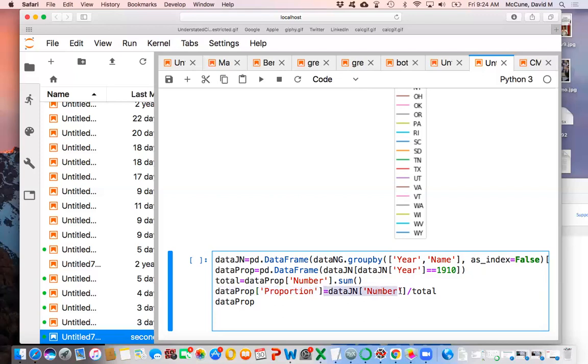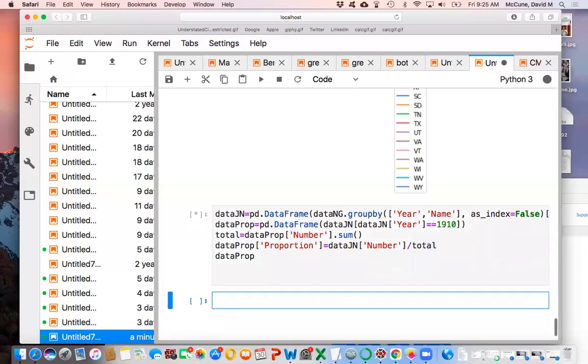That's the raw number divided by the total. That's how I get a proportion column, or if you like, a fraction column, a percentage column, whatever. But again, for every name, there's a certain number of instances of that name. And then I'm dividing by the total number of babies born. And here's how you calculate the total number of babies born. Just take the total number of everything and add them all up.